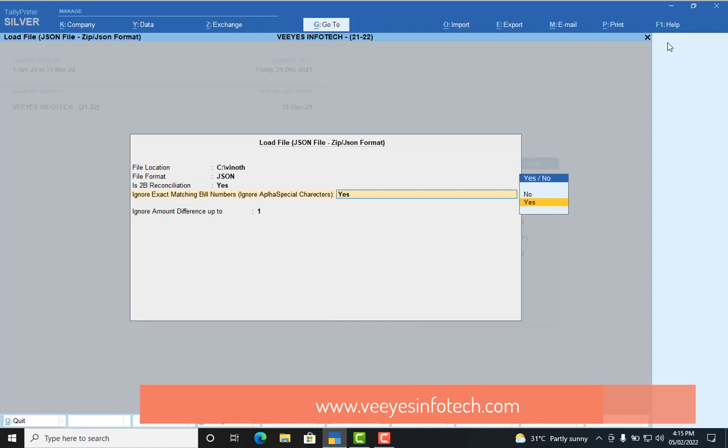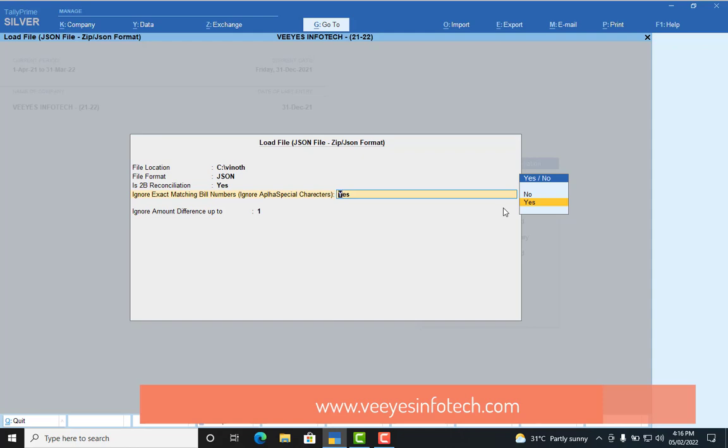So AB is the alpha prefix, and 2122 is an additional suffix field, but as per your purchase book you entered only 001. So automatically this add-on will consider that as a matched transaction. That's why there is the option to ignore exact matching bill number. If you want, select yes.